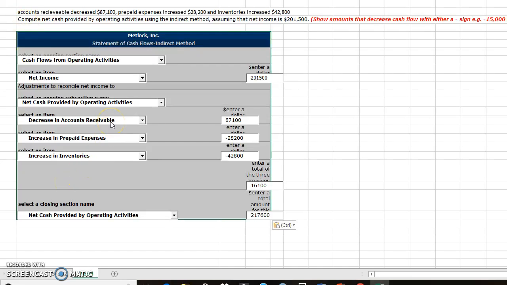I was just doing this assignment. This is a statement of cash flows in the indirect method. It is pretty simple and straightforward. It covers the net income. You just plug in everything in the